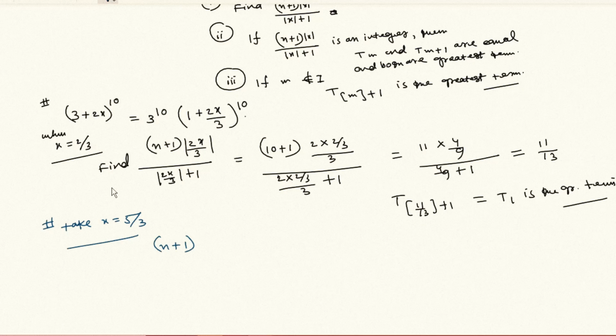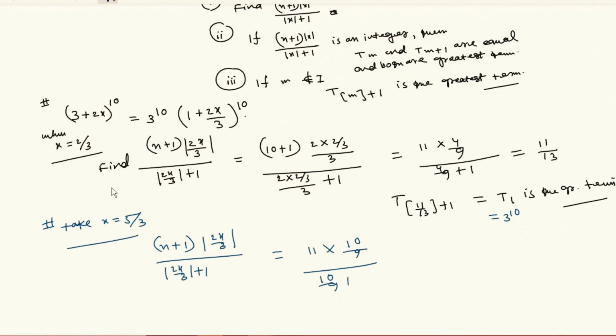N plus 1. T1 is the greatest term, means here it will be 3 to the power 10 only. Answer. Here n plus 1 into mod, let's see the value of this. Put x equal to 5 by 3, 11 into 10 by 9, that is 10 by 9 plus 1. So this is going to be